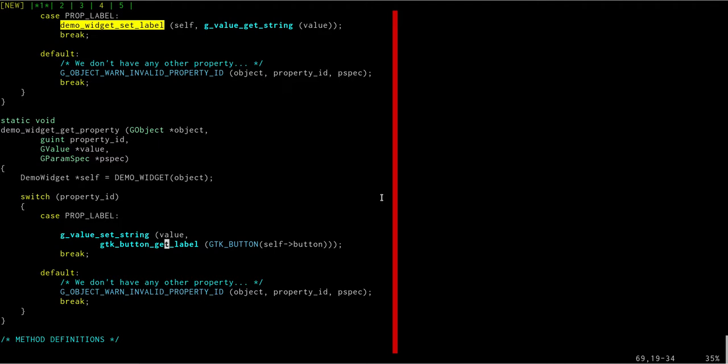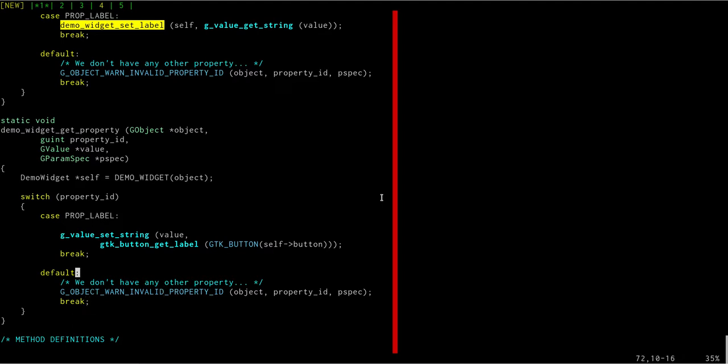Okay. It doesn't have to be that way. We could have created, for example, a variable within our object and stored that separately. But why do that when we already have a way to get the label from the button just as easily? Okay. So you're taking a pointer to a GValue, and you're plugging in the string that we retrieve by running gtk_button_get_label. And we're plugging that into value, and then we're going to reach the end of the function,